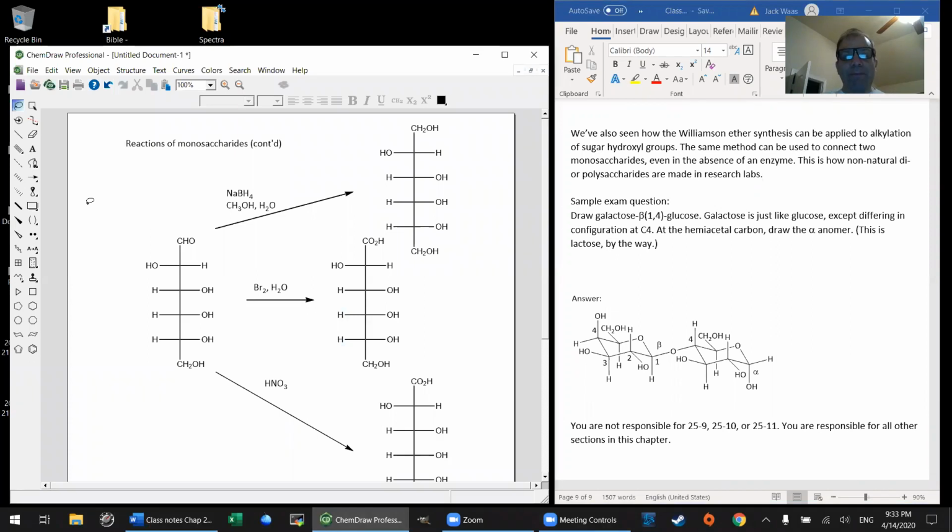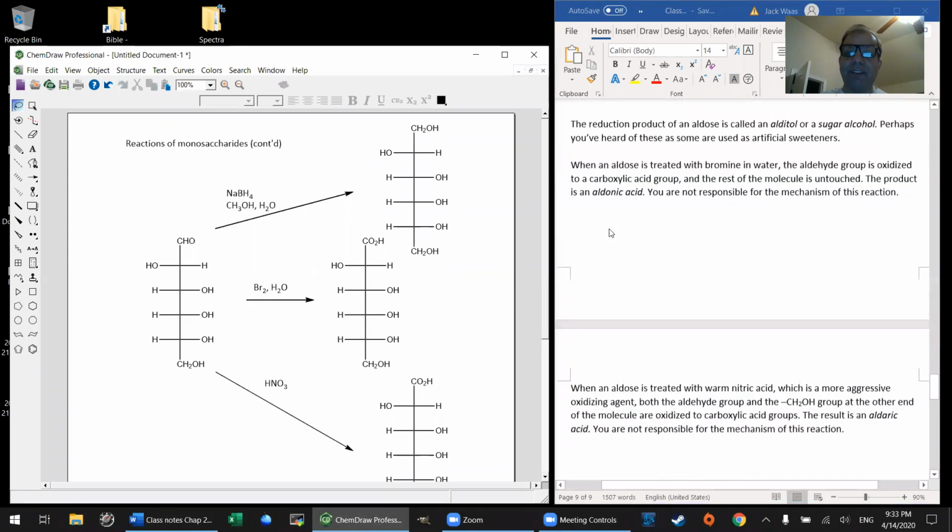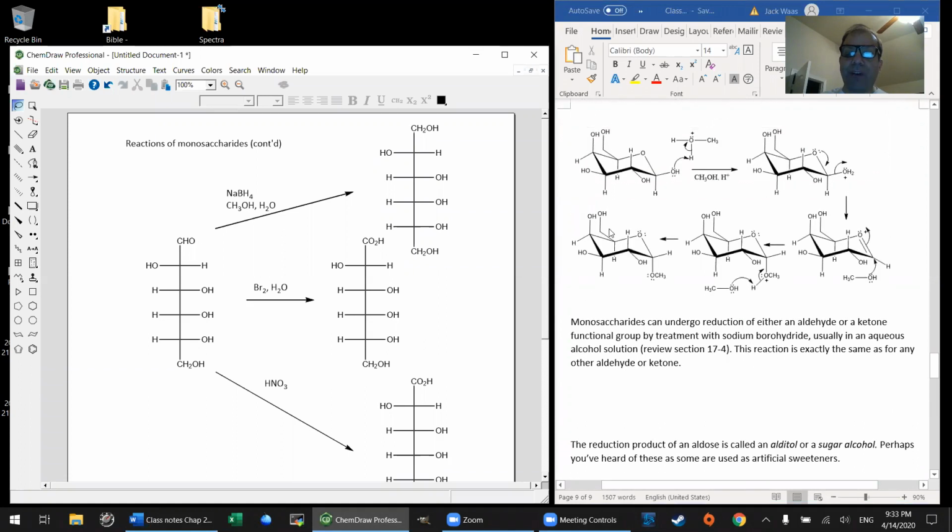Welcome back, everyone. Let's finish up our discussion of carbohydrates, and with that, the material for our 4th hour exam, which is coming up as I speak in a week. Good, so we've covered some of the reactions that simple sugars, monosaccharides, undergo, ending up with, of course, forming these